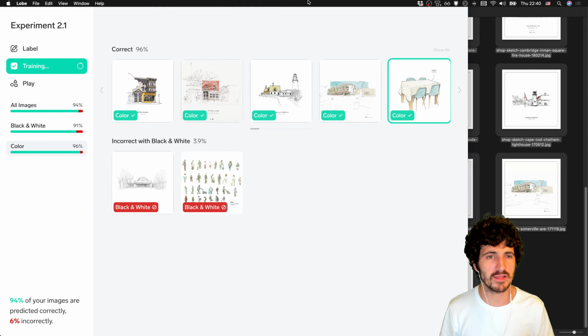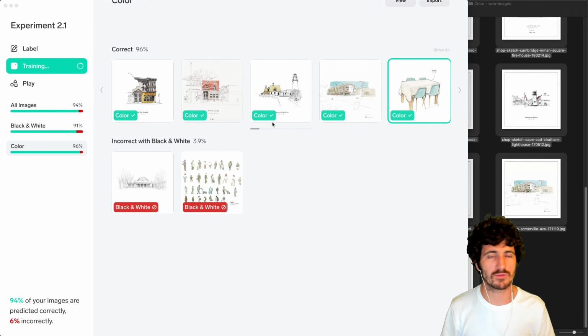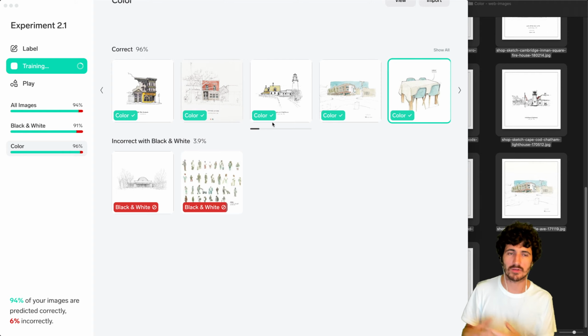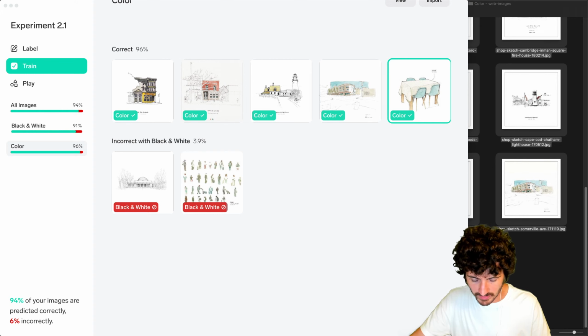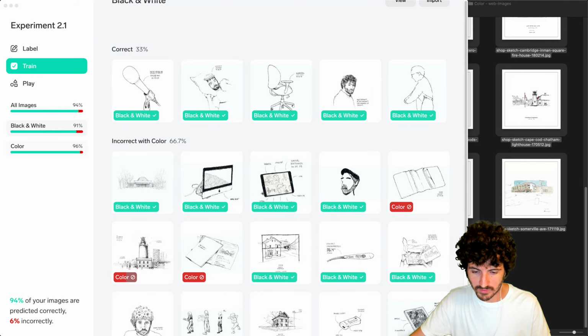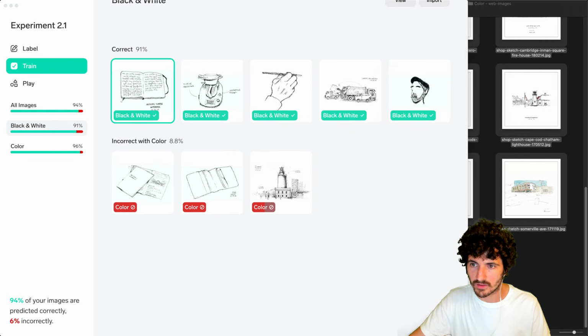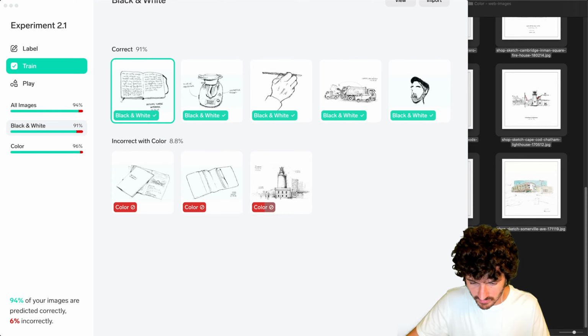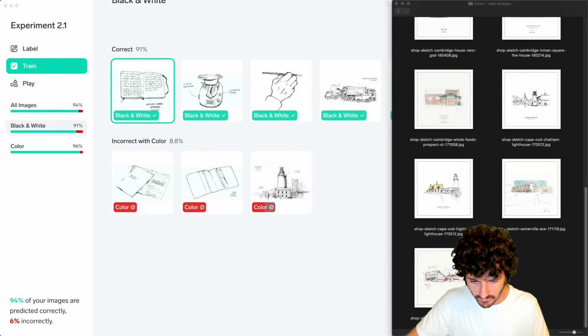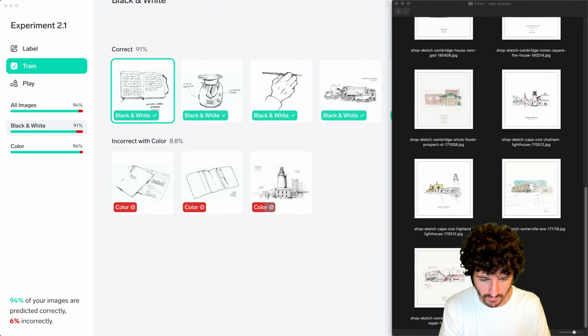We're probably not gonna have time today to expose the model in Runway and get it working, but we're gonna see. All right, so this is getting better. Now we have 91% and 96%. So again, we need to get a new image and test it. We need to see how well it performs on images it has never seen before. These are square images, so if we get a new image, we're going to